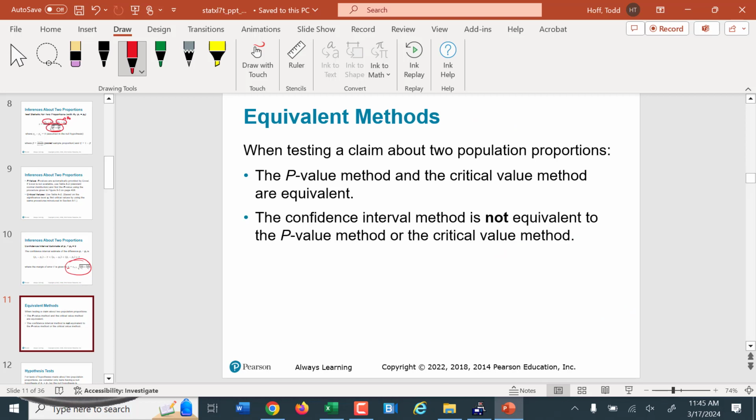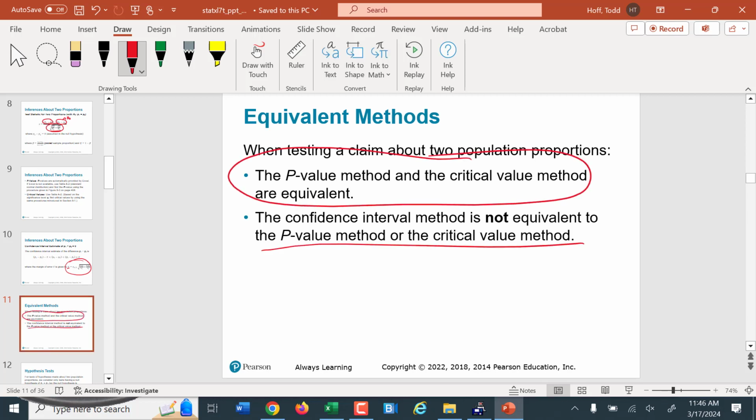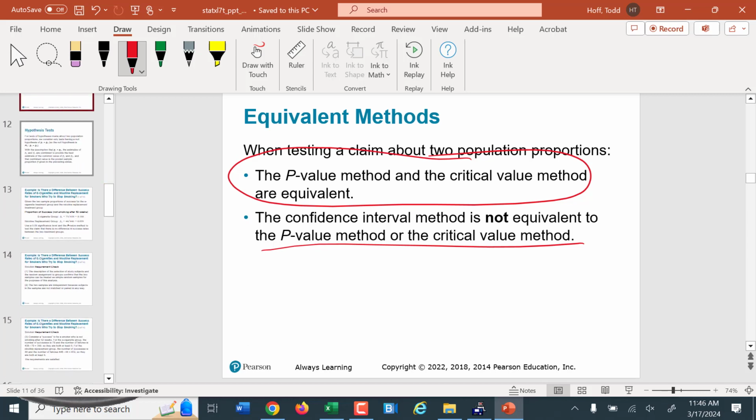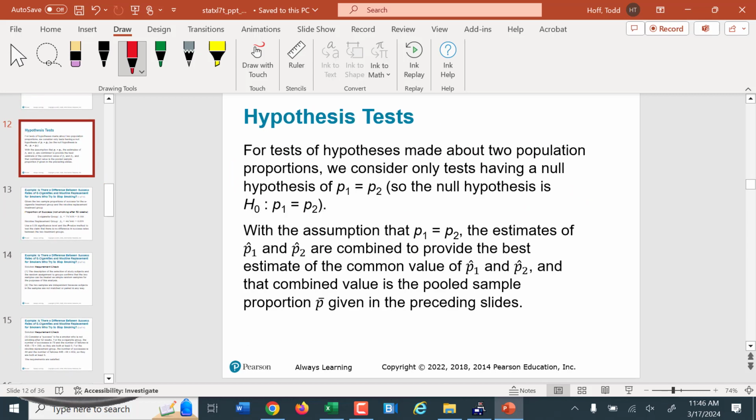So this is just reiterating that the p-value method and the critical value method will always give the same result. They will always be equivalent. But that confidence interval method is not quite exactly the same. Because remember, we said the standard Wald confidence interval for proportions is not totally true to the percentages given. So in our hypothesis test,